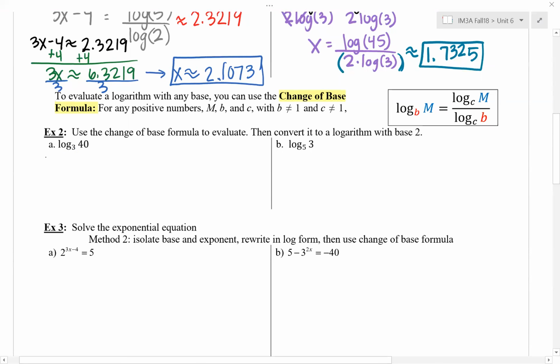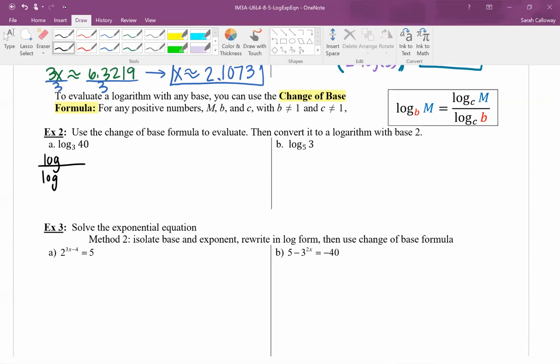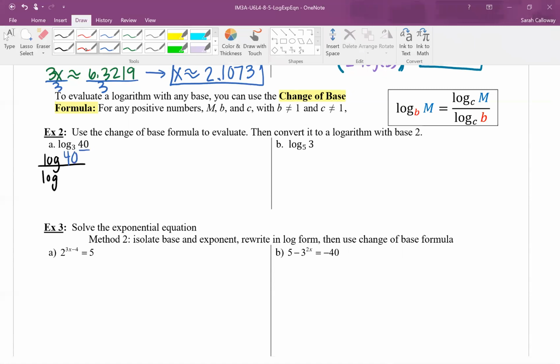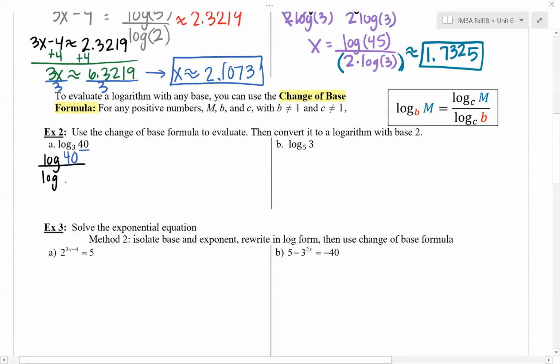So this would mean that we would take log over log, and we're going to do the common log, so we aren't going to add a base there so that we can use our calculator to get the answer. And so the first value on top is our quantity that we're taking the log of, which in this case is 40. And then the value on the bottom that we're taking log of now is the value of our original base. So we have log base 3 of 40,